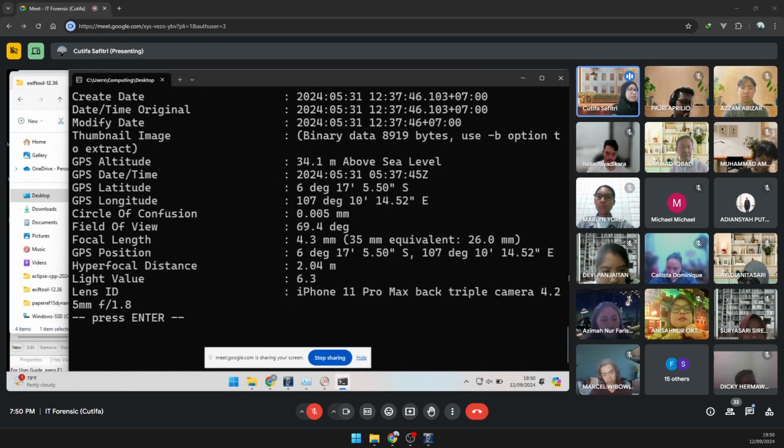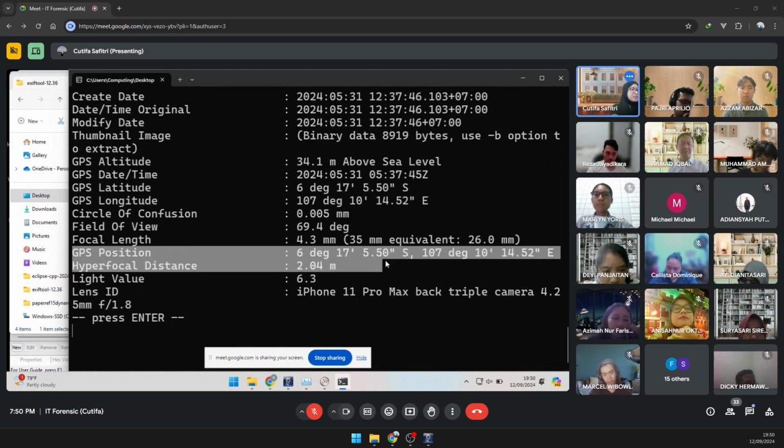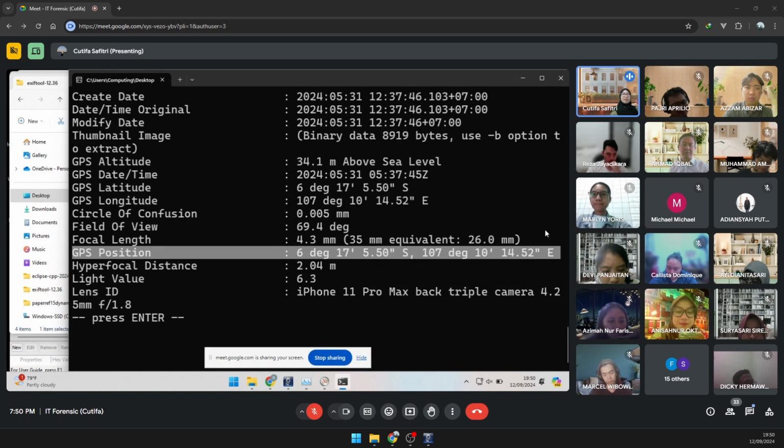And you as an investigator will be interested in the GPS position. For example, I have a picture of me and Dava having lunch. Now I wanted to know where this lunch took place. So let's check the GPS location. Yes. So when you investigate and you get the time information, what do you actually obtain? You obtain an alibi. You have an alibi.